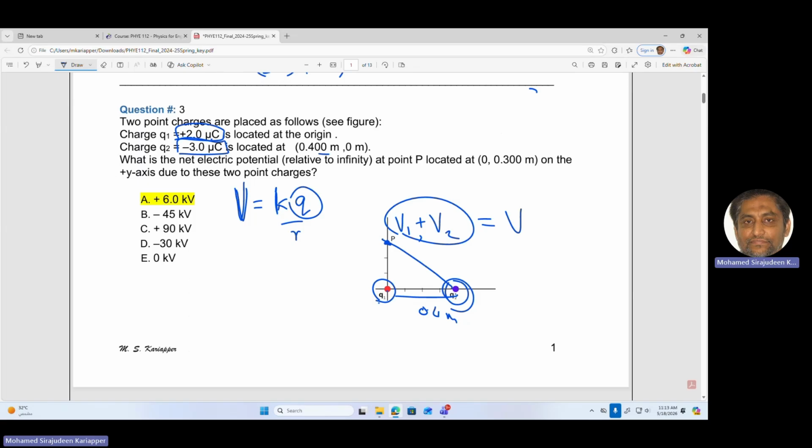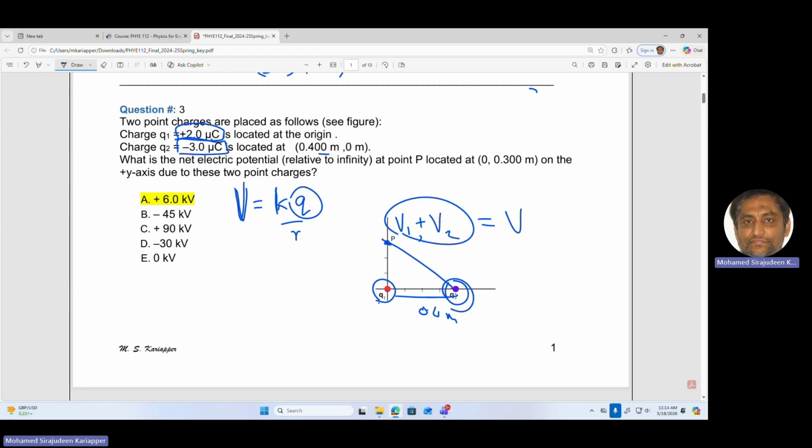has to be substituted with the correct sign, because potential can be negative if the q is negative. It doesn't mean it is a direction. Like temperature can be negative depending on where you put the zero value. Likewise, because q can be positive or negative, potential can be positive or negative. This k and r are magnitudes. R is a magnitude. It is not a vector. It's the straight line distance from the